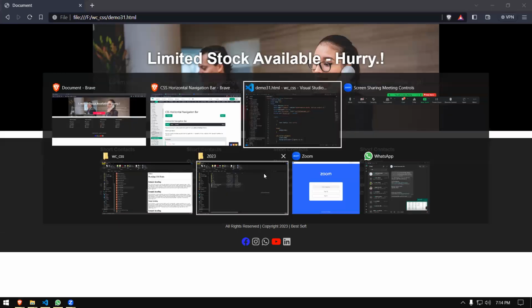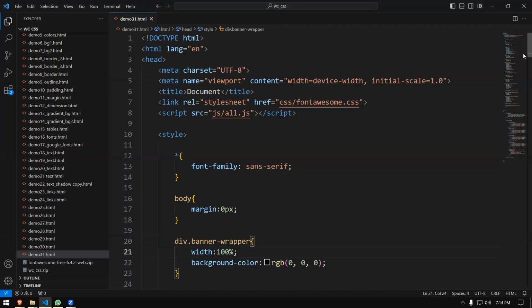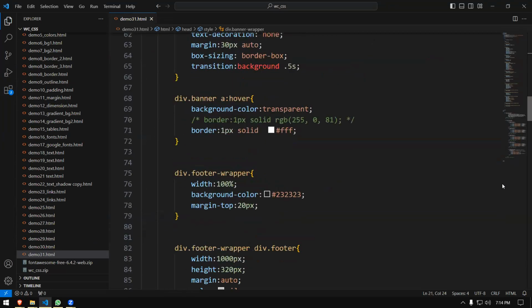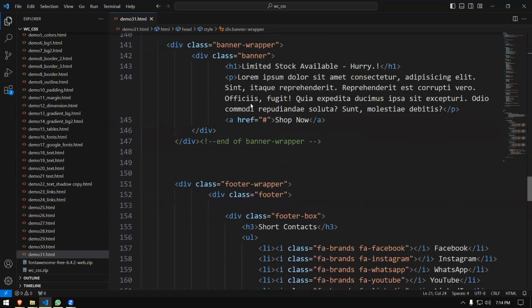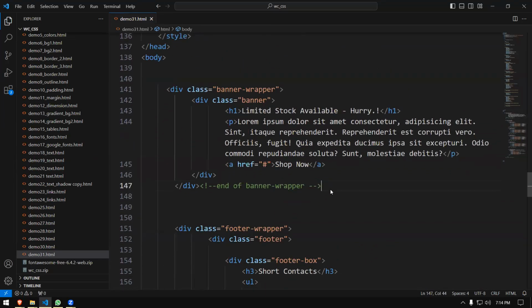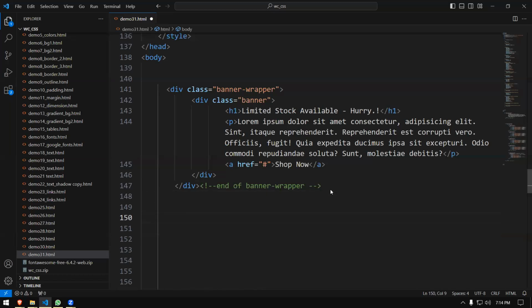Okay, let's go to our web page. First of all, we'll scroll to the place where we're going to add the content. I'm going to go right after the banner, before the footer, and add my content. I can create my content inside nicely, so that doesn't matter. Okay, so what I would like to do is, first of all,